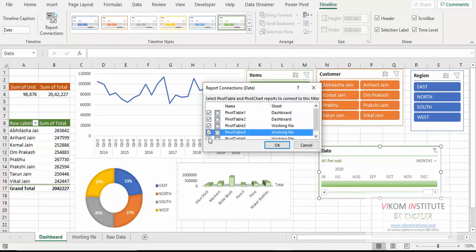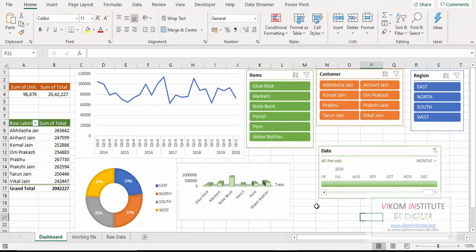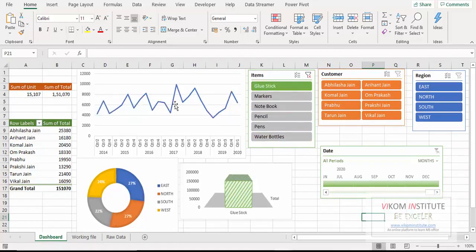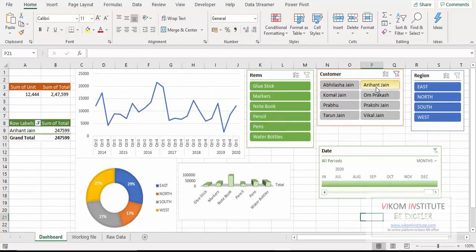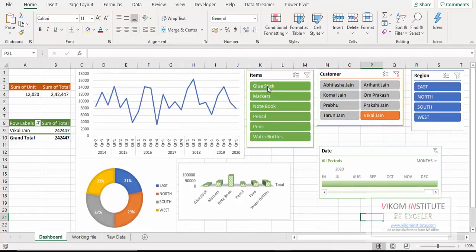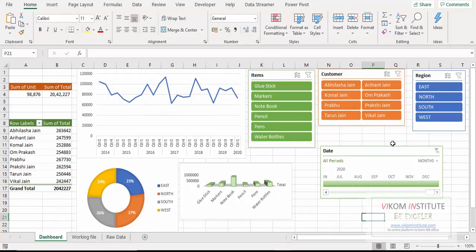Now the dashboard is ready, and let's see the changes. Notebook, and here is the data of notebook, and glow stick, and here it is. Now Vikaljain is here, and my name is here. So this is a good dashboard. You can take help of this dashboard. So keep enjoying and